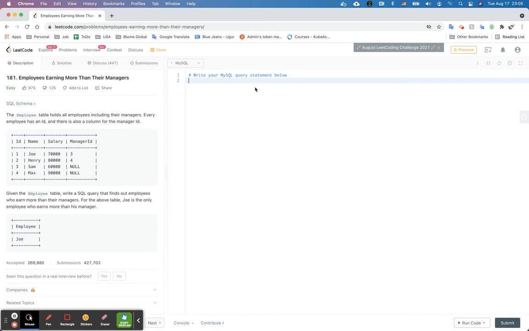So first of all, we have to get it. How can we get all the employees together with their manager? We can combine the same table: employee as employee, and then employee as manager, m. Then how do we combine these two tables? We combine these two tables by using